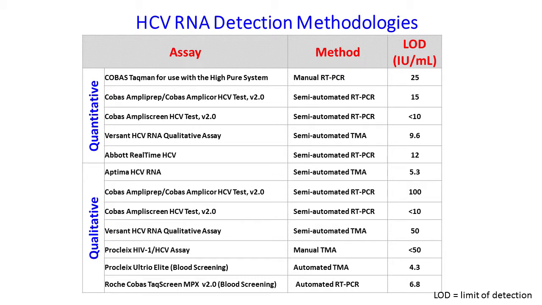As previously stated, the quantitative HCV RNA assays now have a lower limit of quantitation approximating or better than some of the qualitative HCV RNA tests, giving no advantage to performing a qualitative compared to a quantitative test. The obvious difference for some of the qualitative tests are those which are approved only for blood and organ screening, which have lower limits of quantitation below 5 IUs per mil,